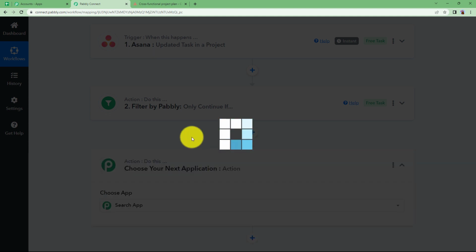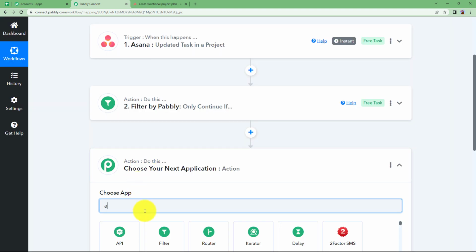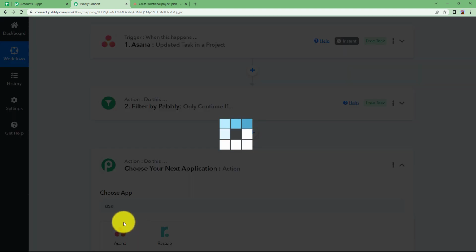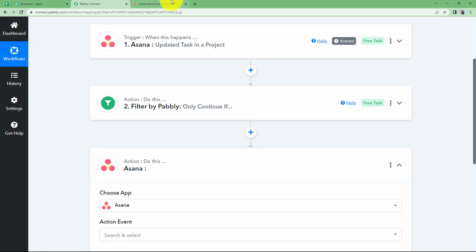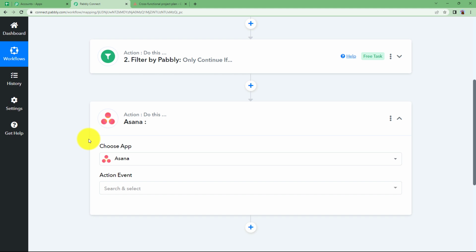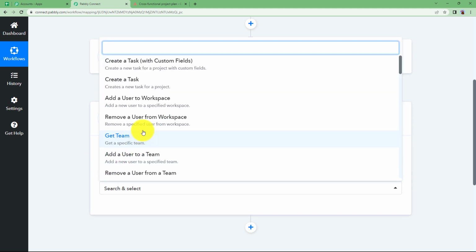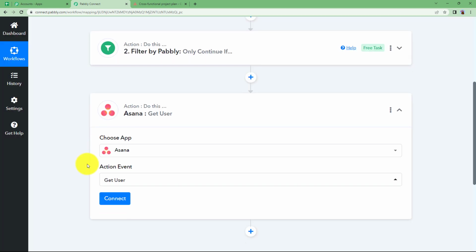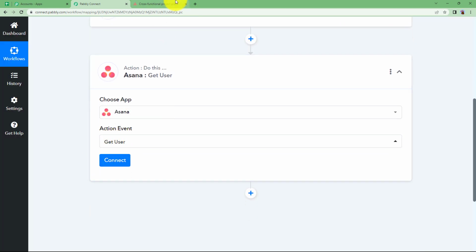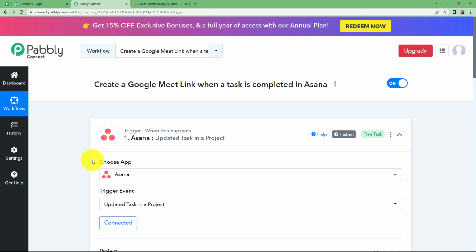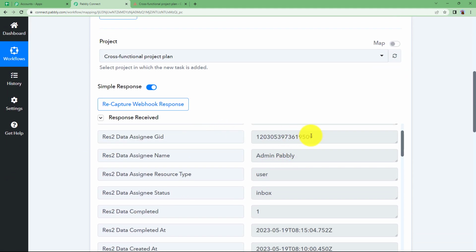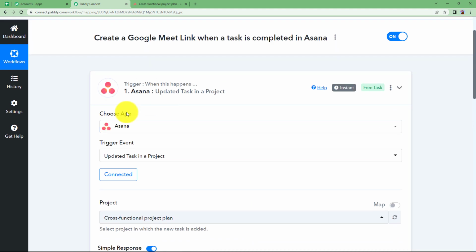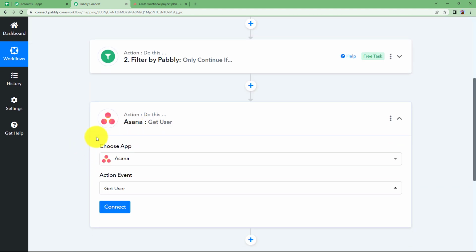Click on this plus button, add one more action step and type Asana over here, because we are going to get the information about the user that is assigned for this task, so that we can get the email ID of the user with whom we are supposed to conduct the Google Meet. So here we are going to choose the event as get user. Now how are you going to get the user? With the help of the ID given over here. So in this response we have received this ID. So we are going to put this ID there only, and that is how we will get the user of that specific